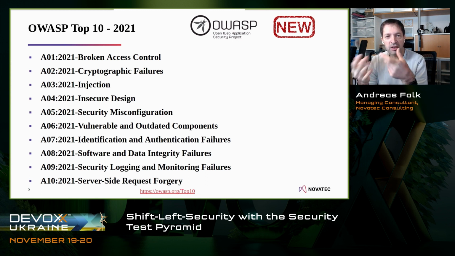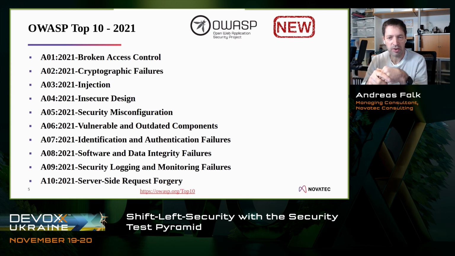And this is the most prominent list that more and more developers know already. One interesting fact for you: we have a new version of the OWASP top 10 that was released just some weeks ago in September, the so-called OWASP top 10 2021 version. If you already know the OWASP top 10, you might recognize some changes from the last version that was published in 2017. The previous number one, the injection part, has gone down